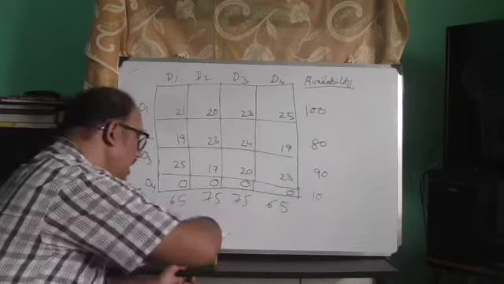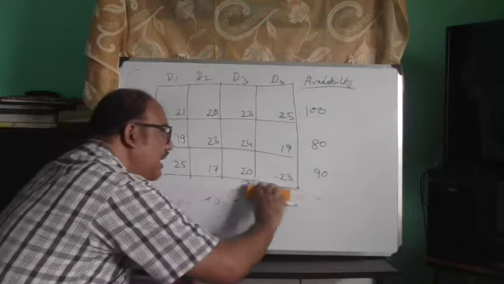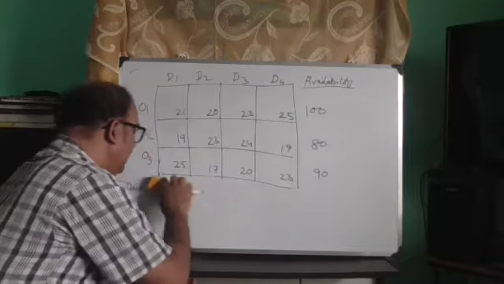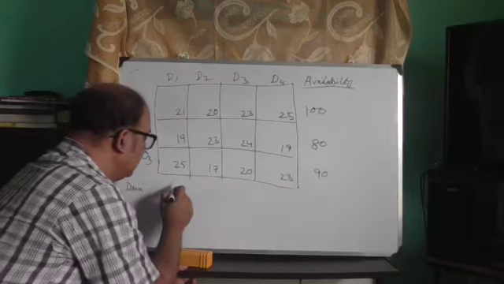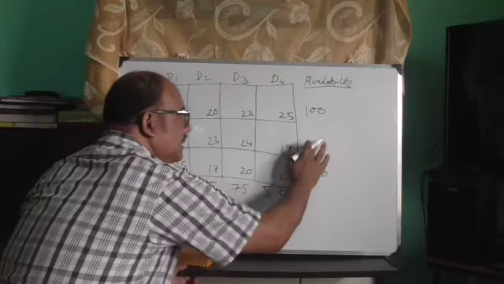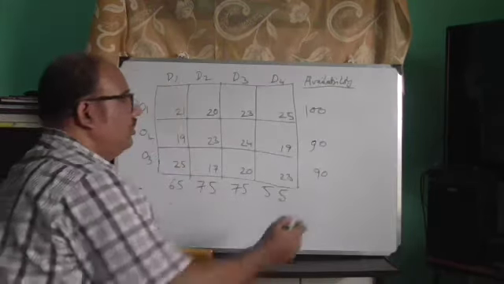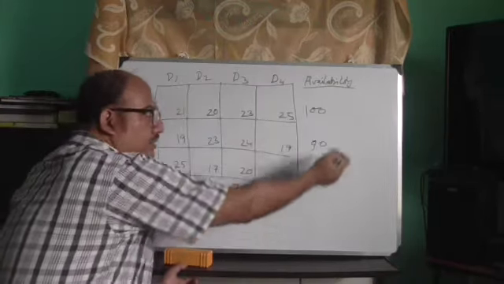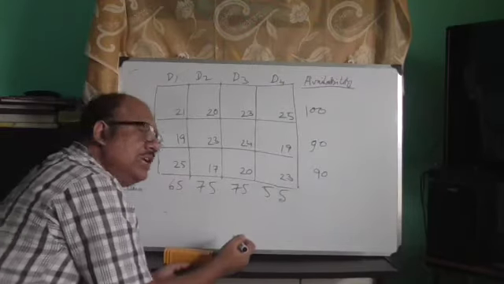And now, for the other way around, if the demand is less and the availability is more: we had 65, 75 and 55 in our original problem, and suppose in this case it is 90, so total availability is 280 units and total demand is 270 units.